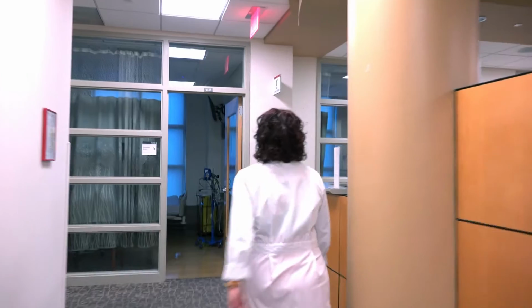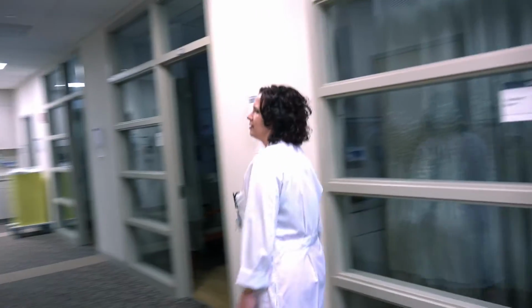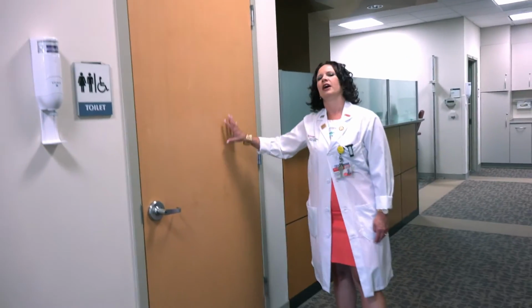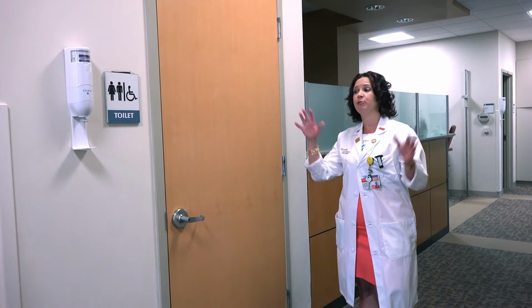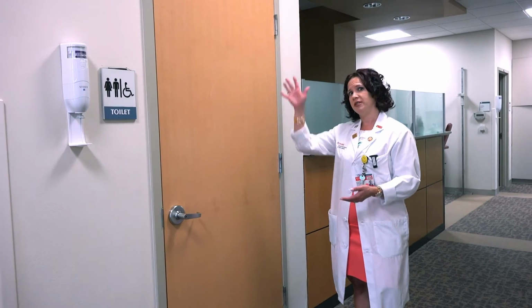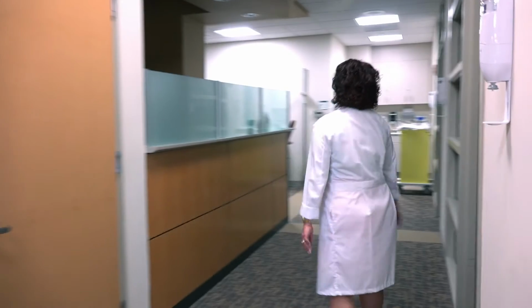So if you make a left here at this corner, this is where our third and last patient restroom is within the treatment area. Again, these are the 3 within the treatment area, but there are also restrooms in the lobby. If by chance you need to use a restroom very quickly and these are all occupied, you're always able to go out to the lobby to utilize those as well. If we walk this way,